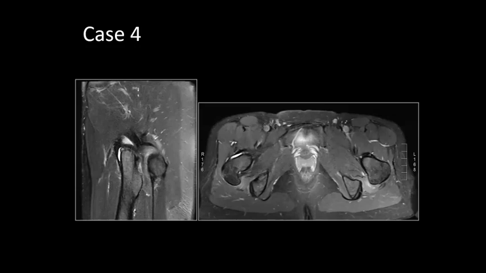Do you know what this pathology is? It seems to be bilateral, so it is not pathology. Okay, so we move on to